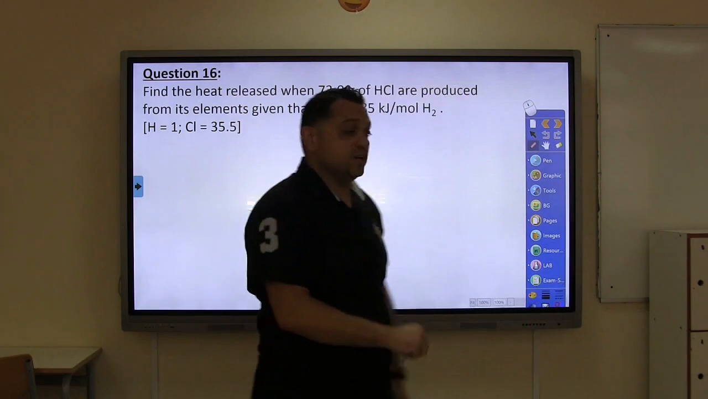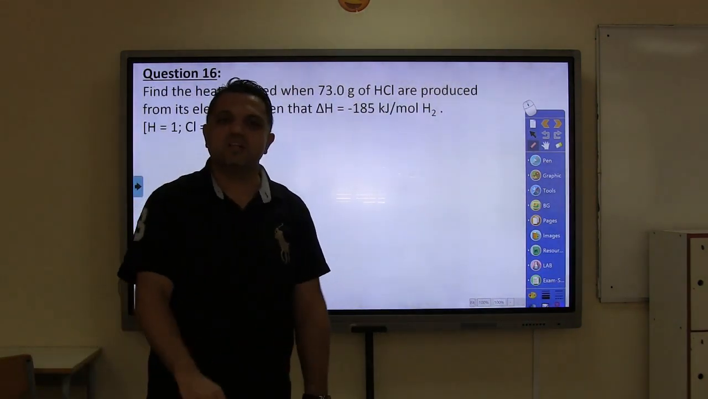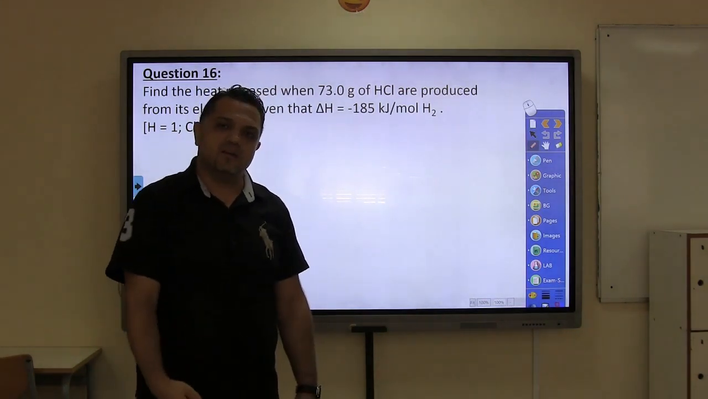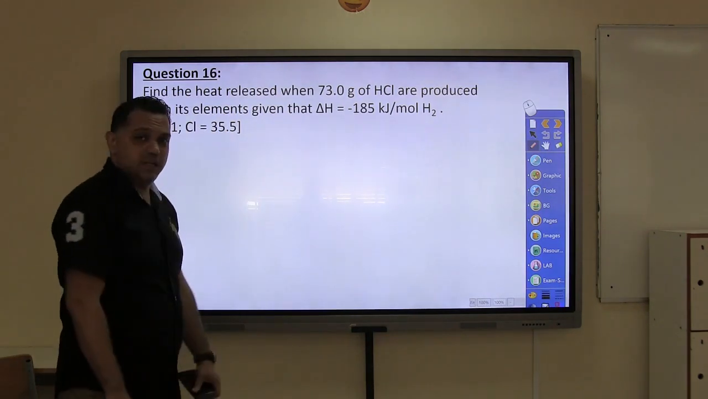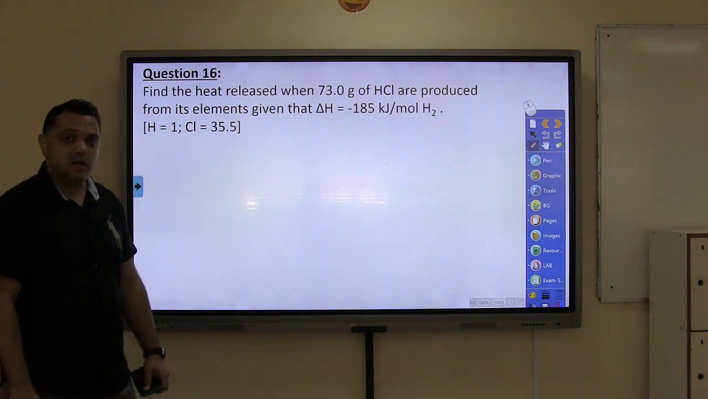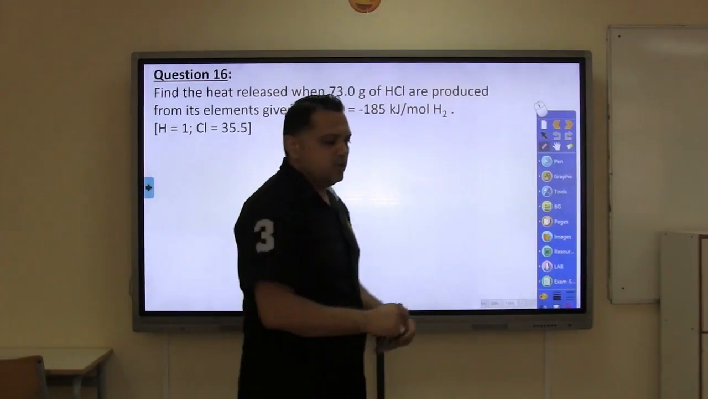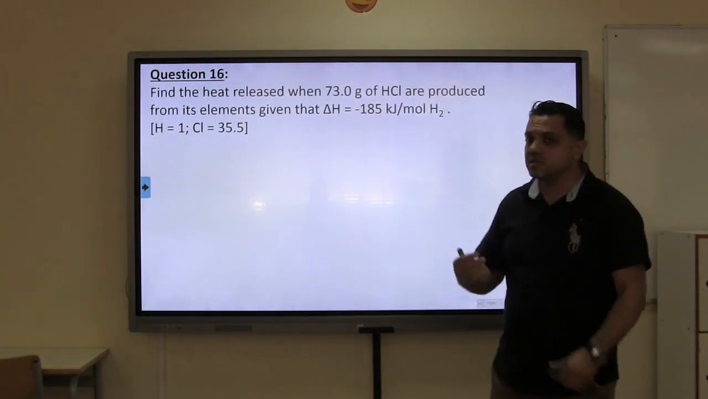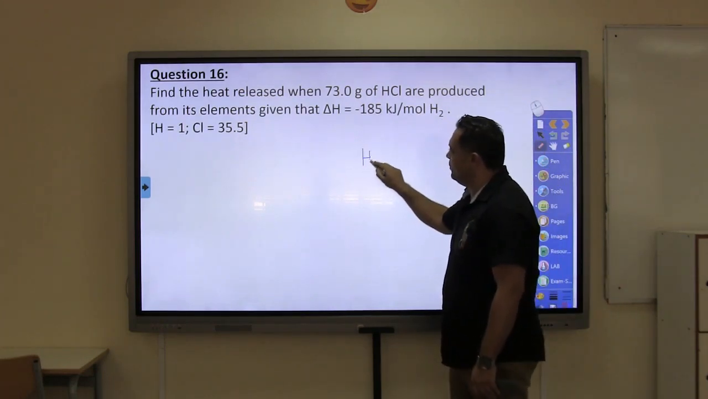In question 16 here, we can see that we have no reaction. So we need to write down the reaction, and we need to translate the given so that we can solve the question. Find the heat released when 73 grams of HCl are produced from its elements. So if we want to write down the reaction, HCl are produced means they are formed. They are on the product side. So HCl will be formed